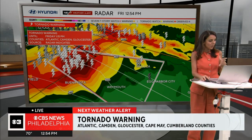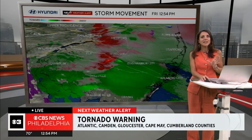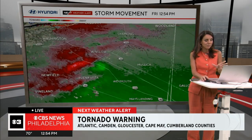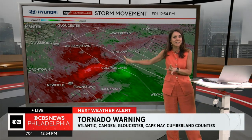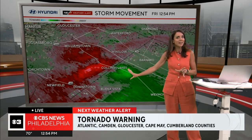And let's take a look at where we're seeing that rotation right now. I want to pull up the velocity. This is what we look for. Look at that couplet. That is an immensely dangerous cell we're looking at right now. Look at these bright colors. Remember we talked about the brighter the green and the brighter the red. I'm telling you right now, if you're in Collings Lakes, this is right over top of you. This is a rotating supercell thunderstorm embedded within a larger line of dangerous severe thunderstorms, but this is the strongest